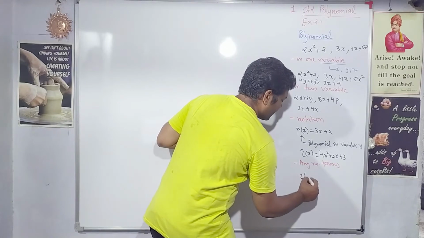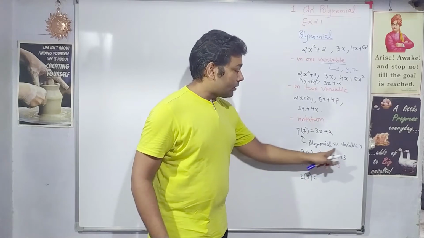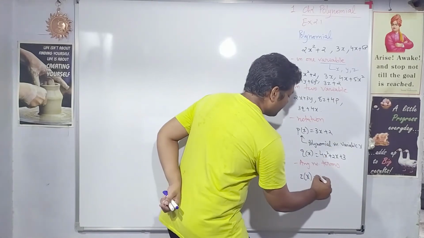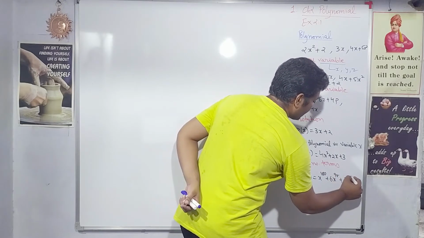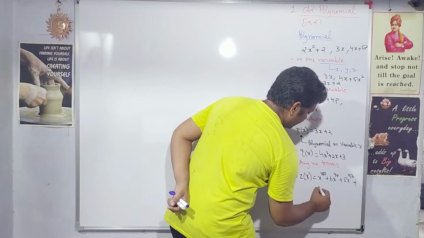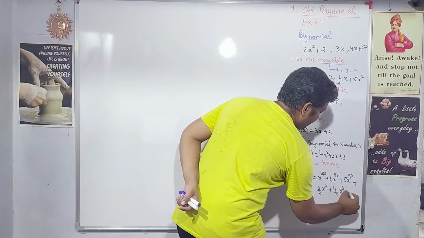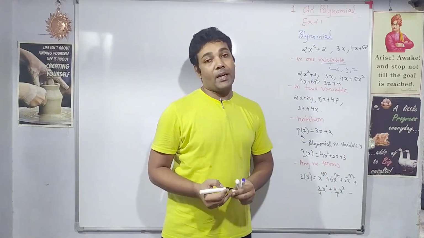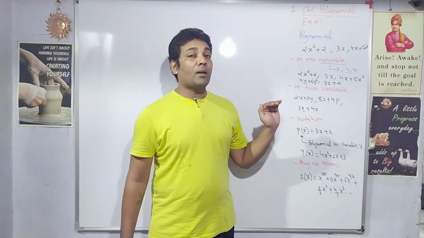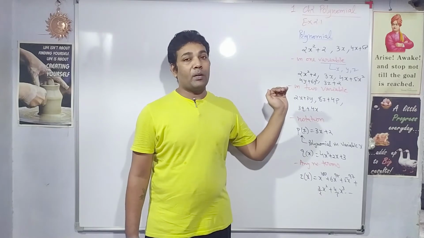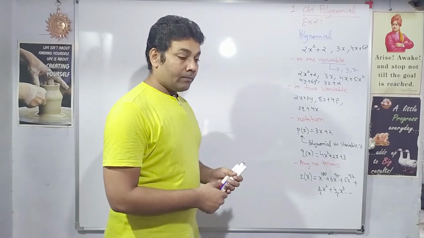Let's take an example. Z of x, this is a polynomial in x. Z of x, it represents a polynomial in variable x, and it can be x to the power 100 plus 6x to the power 98 plus 5x to the power 97 plus 3 by 2 x square plus 4 by 5 x cube, and so on. Any number of terms it may have. So in this exercise we'll be seeing how to deal with such type of polynomials or expressions, how to solve them, what all the things we can calculate using such polynomials.